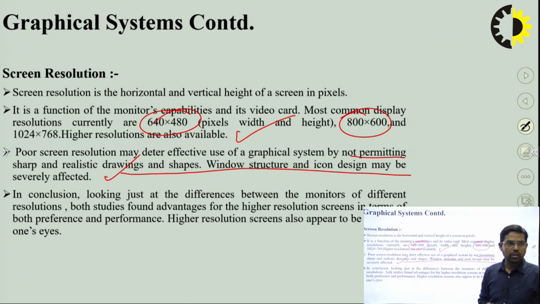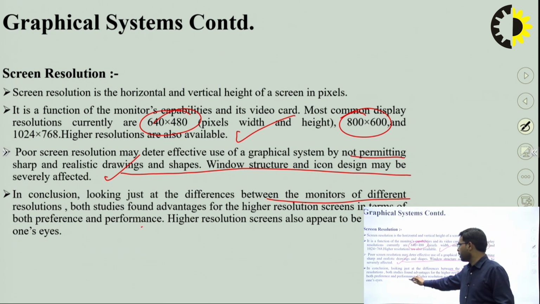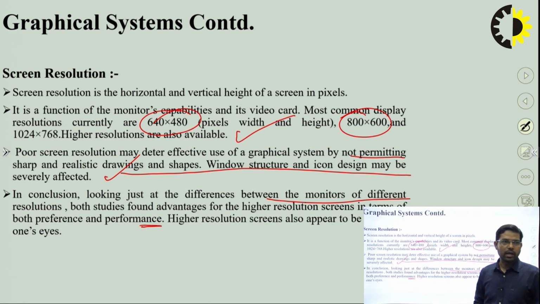In conclusion, looking just at the difference between monitors of different resolution, both studies found an advantage of the higher resolution screen in terms of both preferences and performance. Okay, so a high resolution screen also appears to be better for one's eye. So if we are using high resolution, that is very good for the windows structure and icon